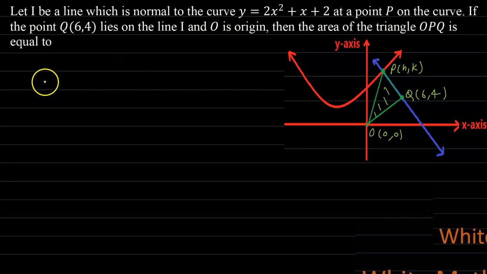Since the equation of the curve is y = 2x² + x + 2, to find the slope of the tangent of this curve, firstly differentiate with respect to x. Then this will become dy/dx. Differentiation of x² is 2x, so this will become 4x, and differentiation of x is 1 and differentiation of 2 is 0. So at point P, the slope of this curve will be, for this put x = h in this expression, then